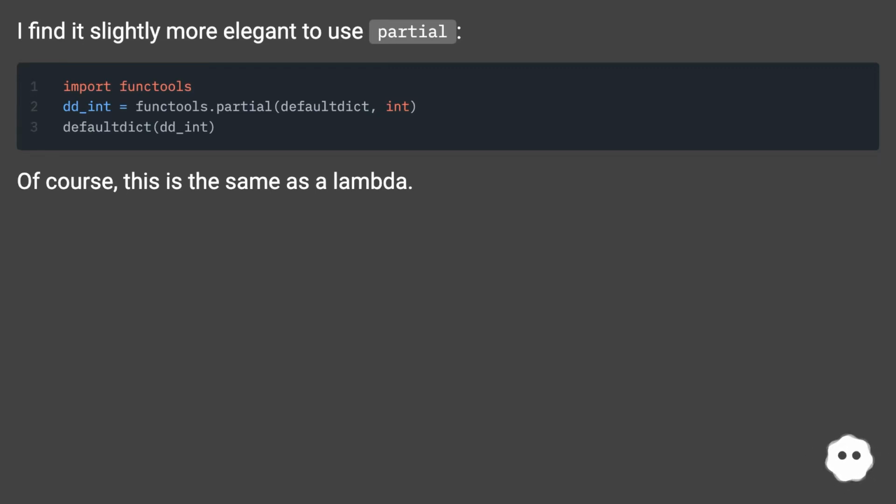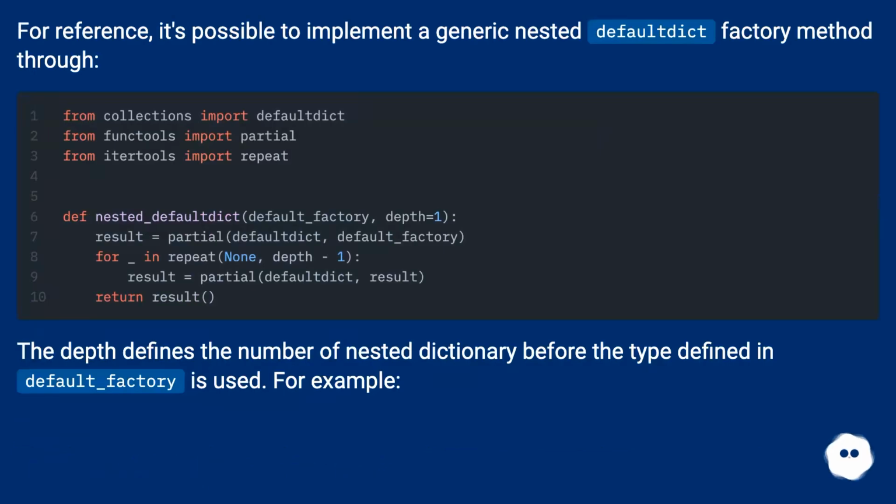I find it slightly more elegant to use partial. Of course, this is the same as a lambda. For reference, it's possible to implement a generic nested defaultdict factory method through the depth defines the number of nested dictionary before the type defined in default_factory is used. For example,